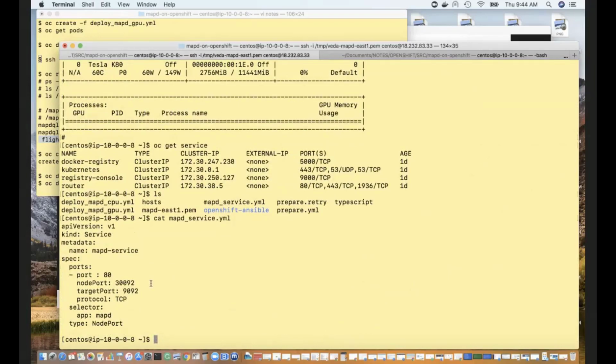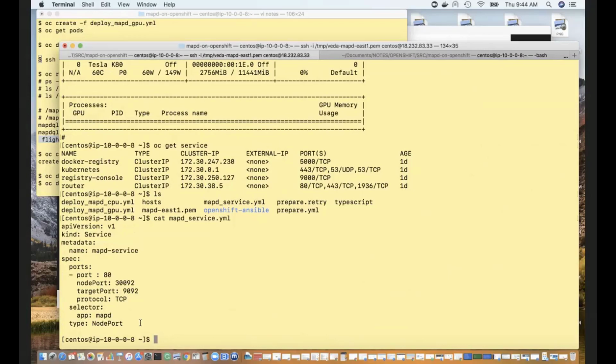As you can see, in this case, we are starting a service and we are exposing the port 9092 as 30092, and it's using